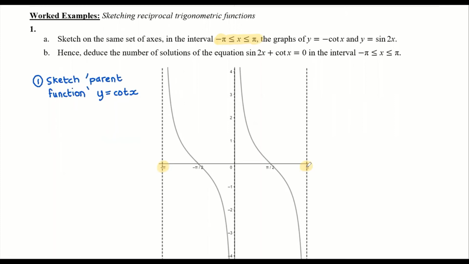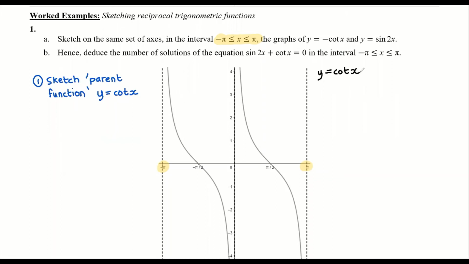We've got asymptotes at negative pi, 0, and pi. And I'm just going to label that, just so we're clear. So this is the graph of y equals cot x. Okay. Now,